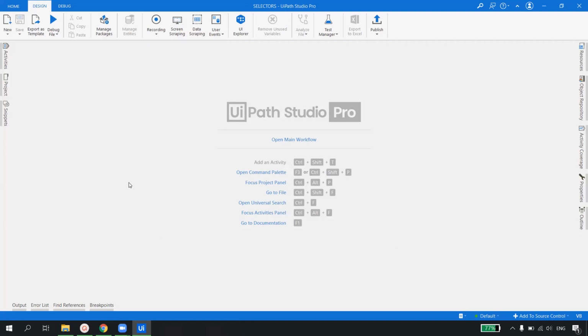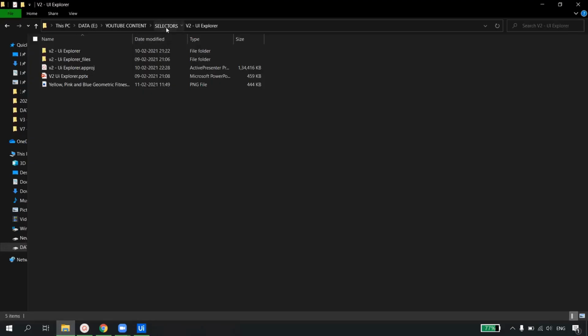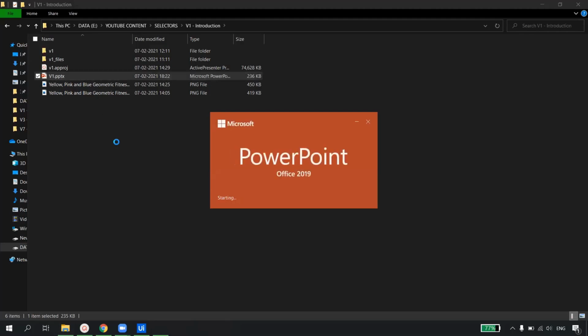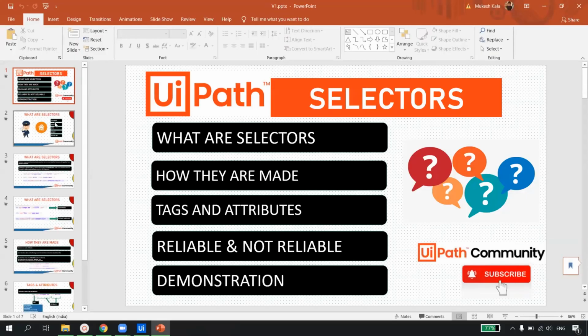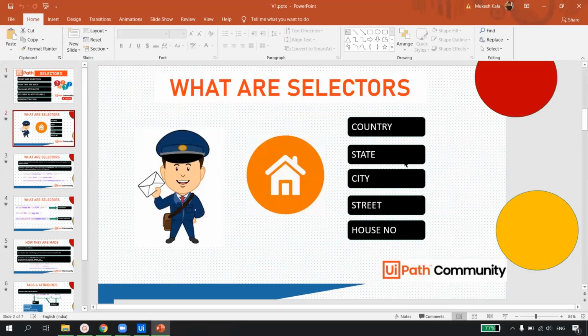Now, we are always talking about selectors, right? So what is a selector? Can you just tell me what you understand by selector, rather than me defining it? Anything that comes to your mind, what is a selector, how you can see it on the screen.